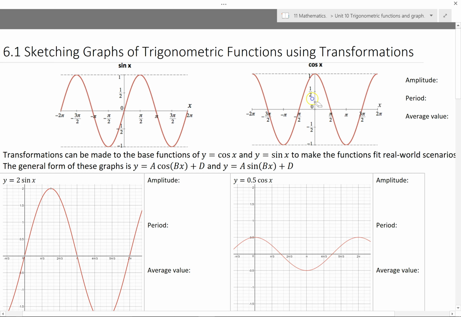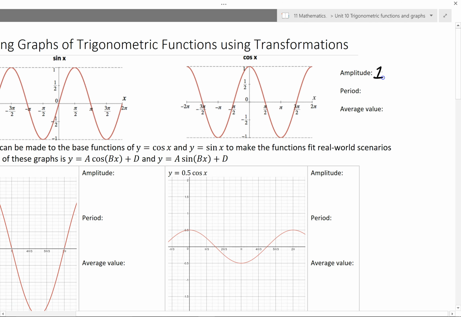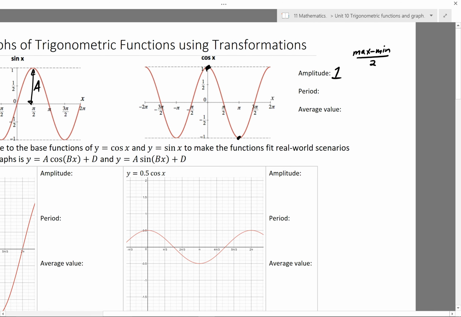For these two graphs, we can look at their amplitude, period, and average value. The amplitude of both of these graphs is 1, which is the distance from the maximum to the average value. The way I can calculate it if I'm not sure is I can find the max, take away the min, and divide by 2. So I've got a maximum of 1, minimum of minus 1. If I substitute those values in,